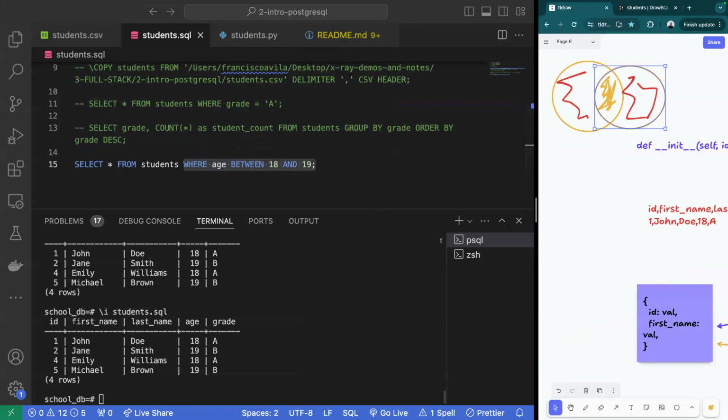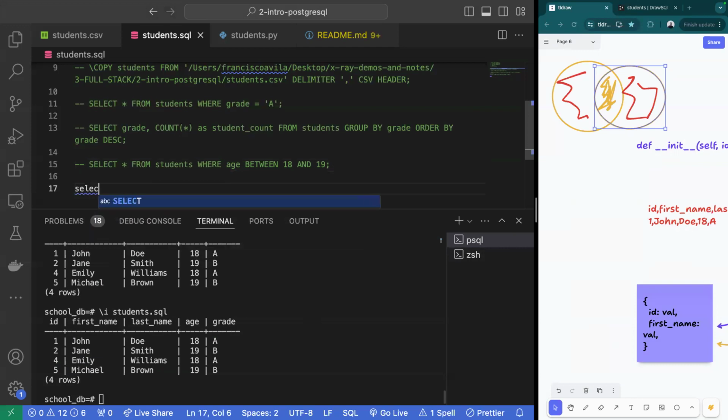Okay, awesome. Well, what if I only wanted to see the top 3 students in class, right? And I wanted to order it in some form of alphabetical order. How could I do that? Go for it, Brandon. Let's try select all from students